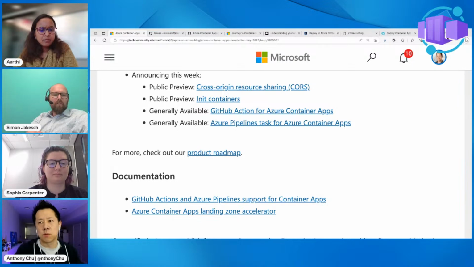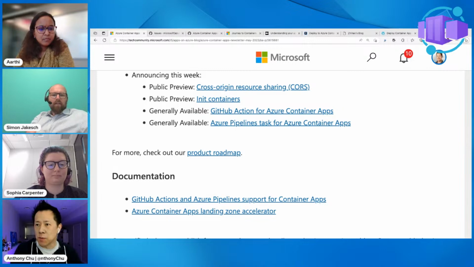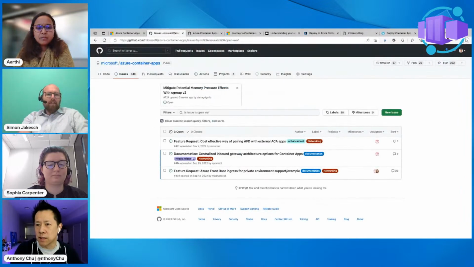And currently what customers are doing is creating an App Gateway or a Front Door instance in front of Container Apps. And I think what Eric's asking is an easier way to do this, and maybe a built-in way to do this. So yeah, I want to point out that we do have a repo